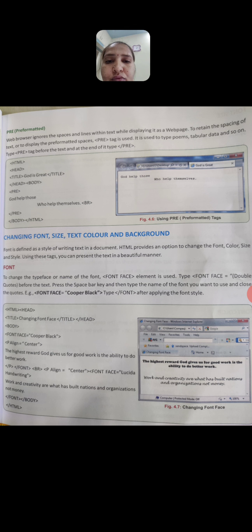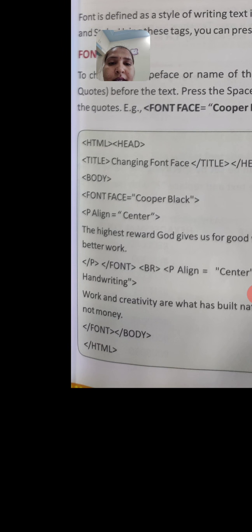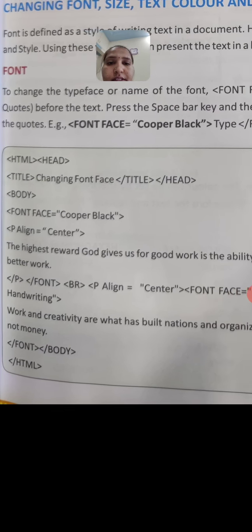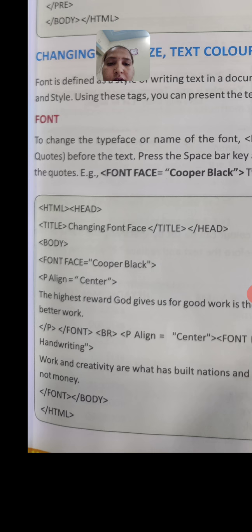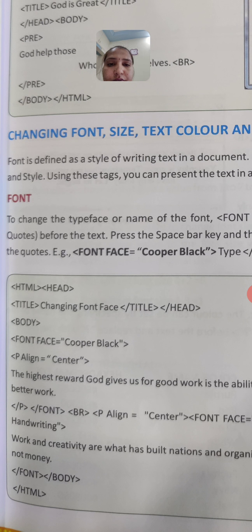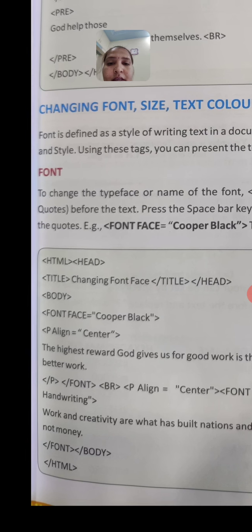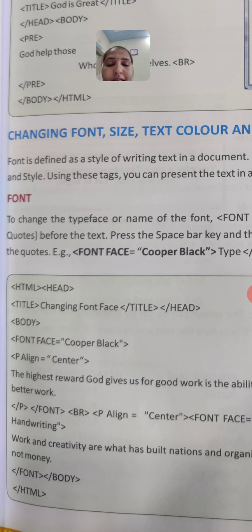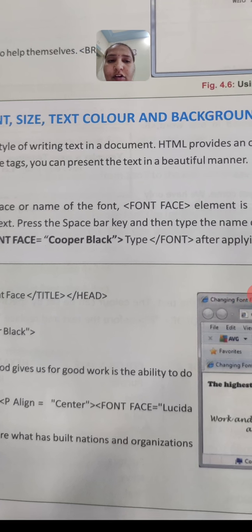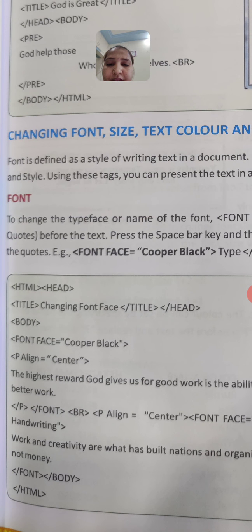Then next we can move to changing font size, text color and background. To change the text font, see here they have font face. The syntax for font is font face.